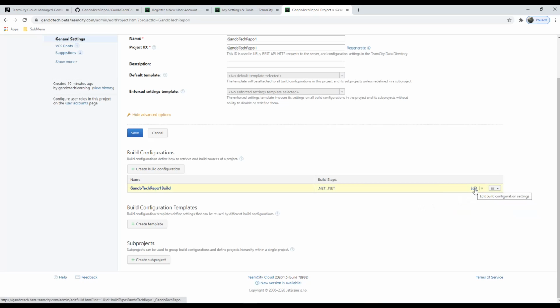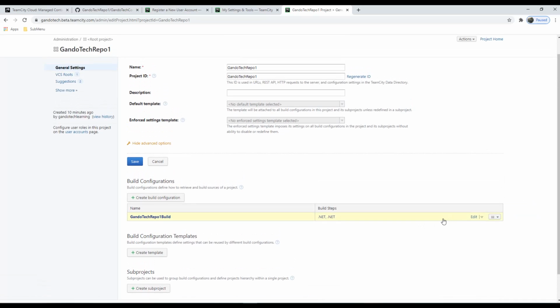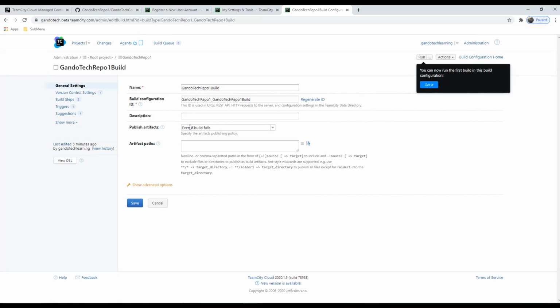And also, as part of the edit, you can easily click on the edit and change whatever you want in your build configurations. The other thing is, in terms of the artifacts, there are some configurations here. You would be able to choose, okay, please publish my artifacts even if the build failed, or only once the build status is successful, which means that build configuration is basically build, which normally they use